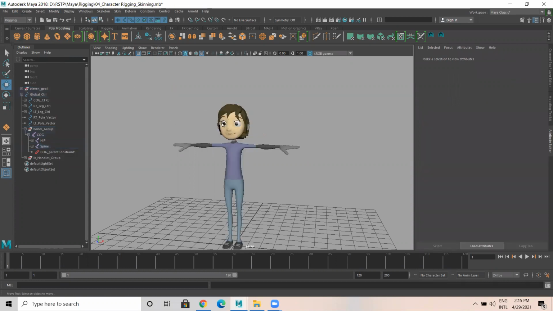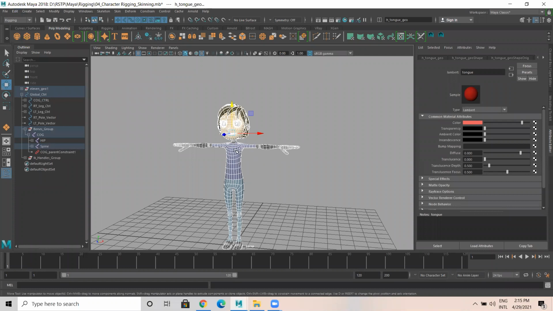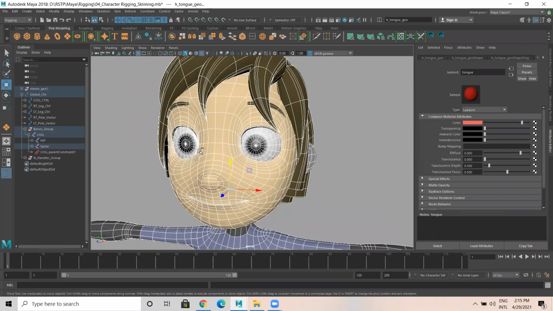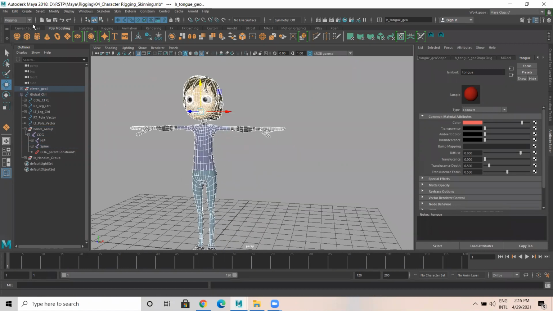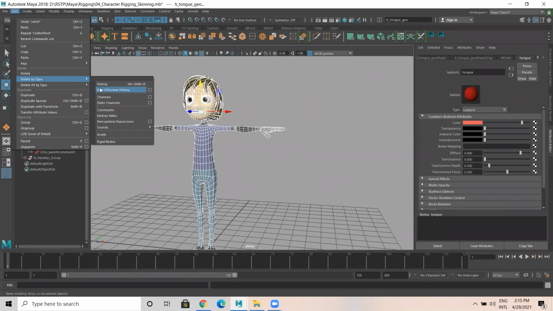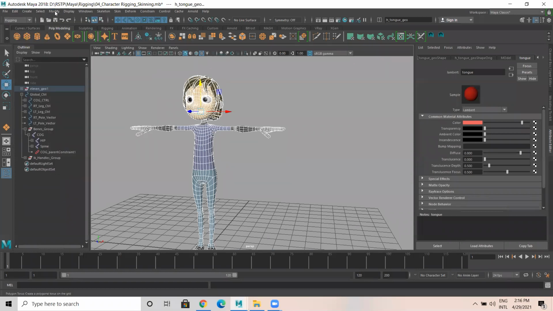Okay, I should not do this for the eye part. Select everything excluding this eye; the eye is already linked with the joints. So I'll do edit, delete by type history, modify, freeze transformations, center pivot, and I would like to combine this.